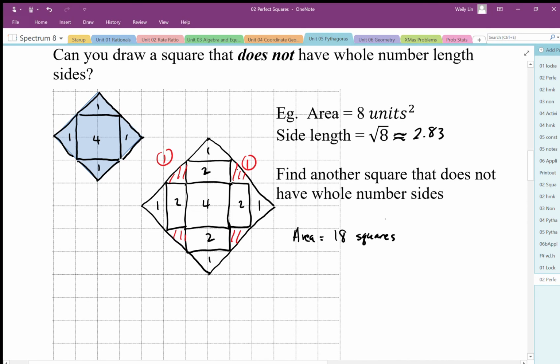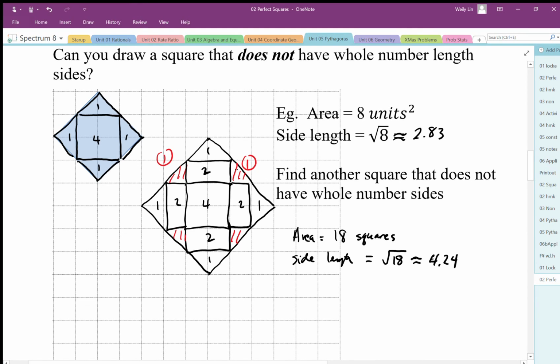So for the side length I have to square root. I take my area, square root it, and I get my side length. Now the side length is exactly square root 18, which is not a perfect square. So when I do the decimal, it's only an approximation. I'll find my square root button here. We're going to do 18 and square root that. It's about